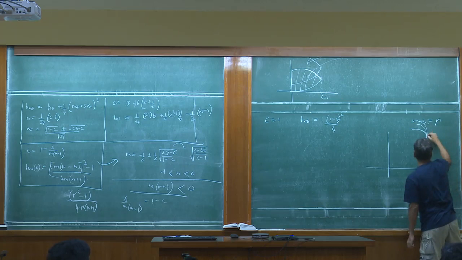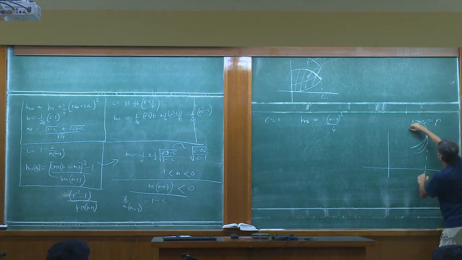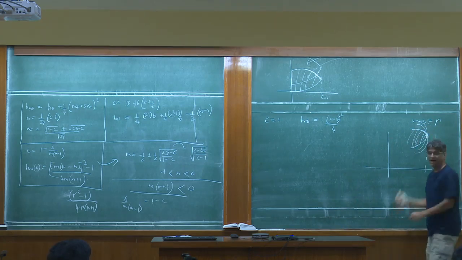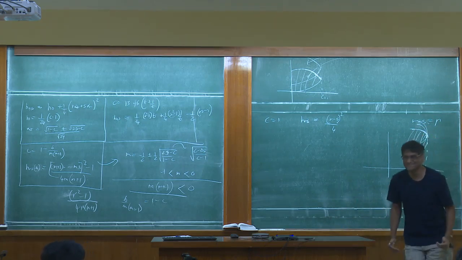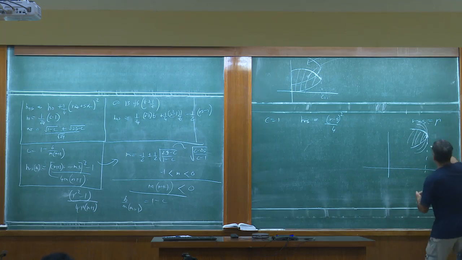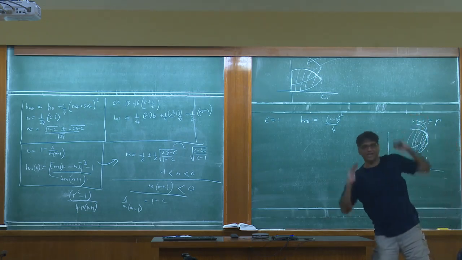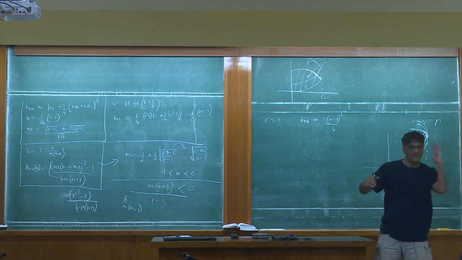Suppose there's this curve which touches c equals 1. All these points are ruled out at this lower value of the level. Now we go to some higher value of the level that rules out all these points. Then we go to some higher value of the level that rules out all those points. And this goes on all the way up to the c equals 1 axis, because these curves, as you take